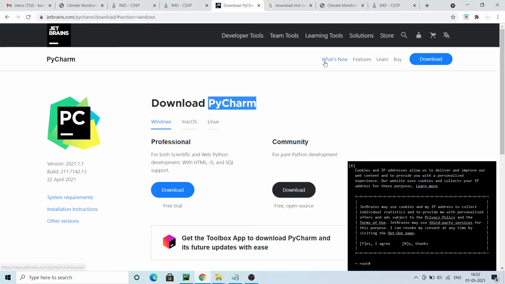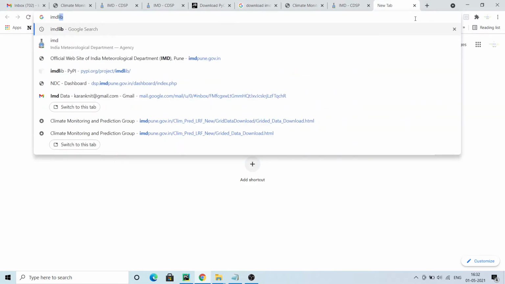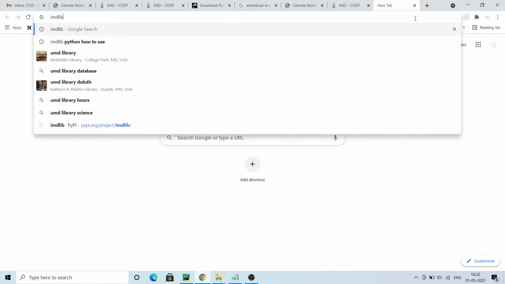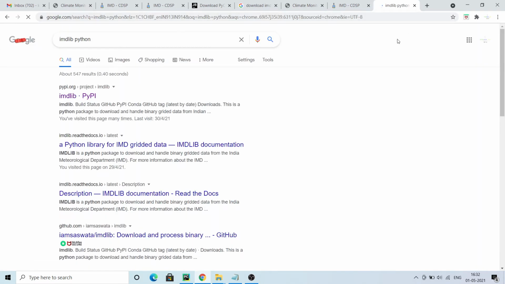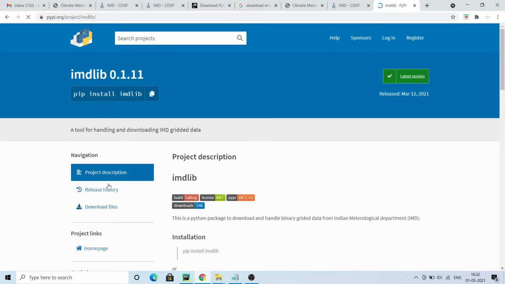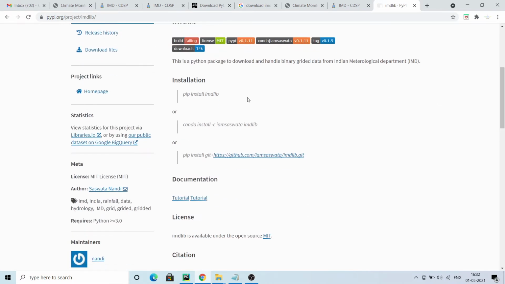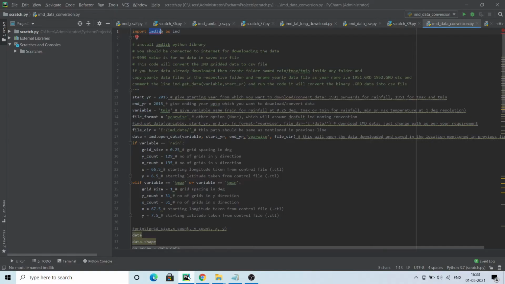So we're gonna go on Google and type imdlib. There is a library called imdlib, and first you need to install this library. If you're using Anaconda, you can use this command, and directly in Python you can use this command. If you're using PyCharm, that's very easy.